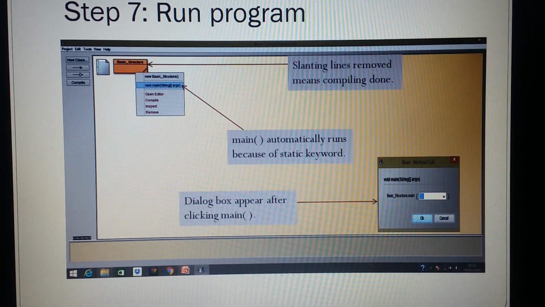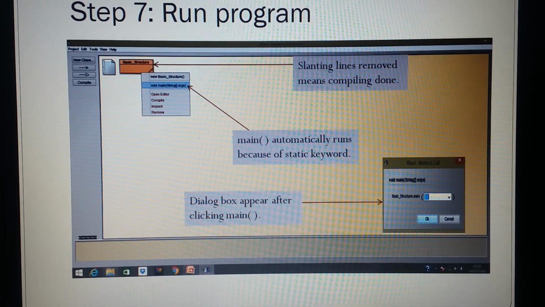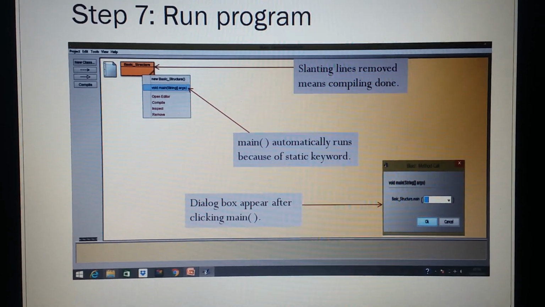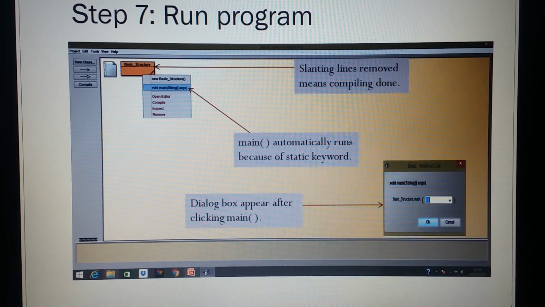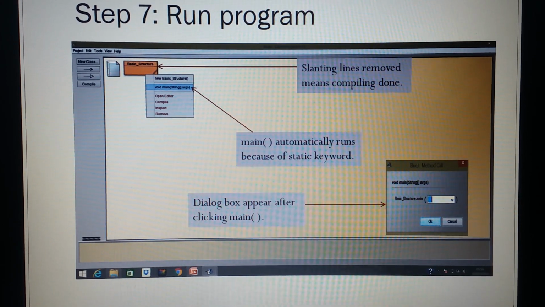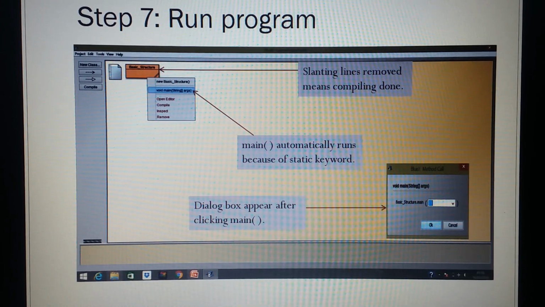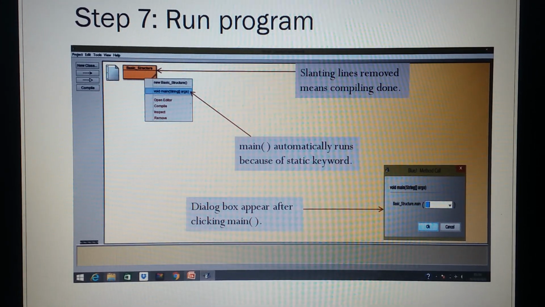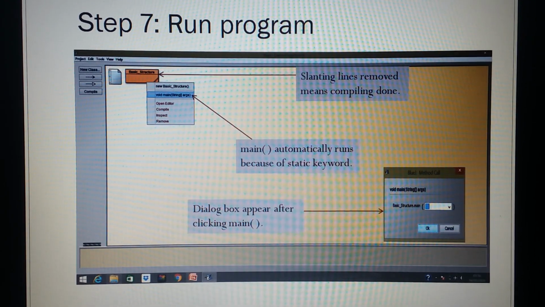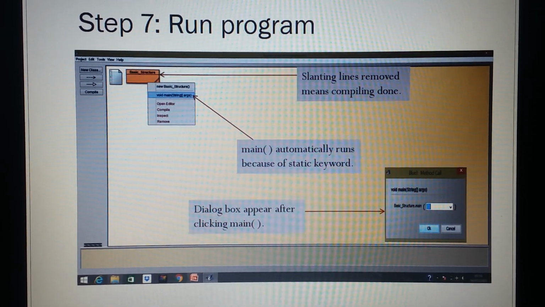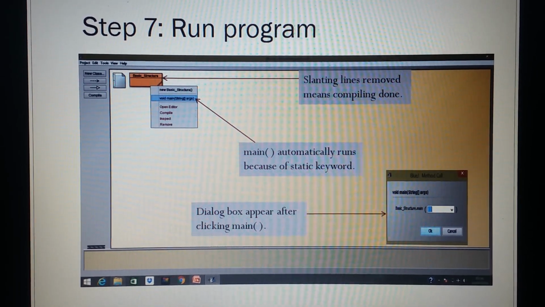See, we are having void main String args in front of us because we have placed the static keyword in front of our main function. The static keyword allows our function to show in front of us. That's why we are having that look. If we are not writing static in front of void main, we are not supposed to see this function. That's why we have to write static in front of it. And actually, from the main function, logic execution starts.